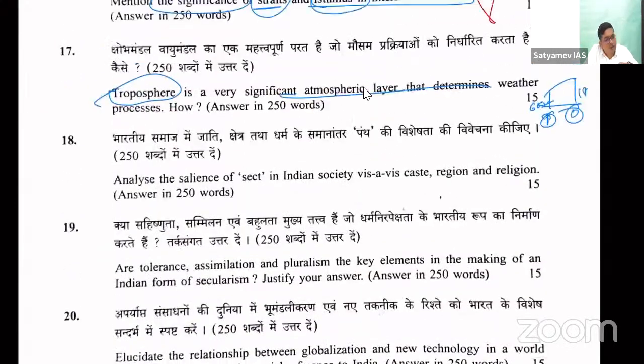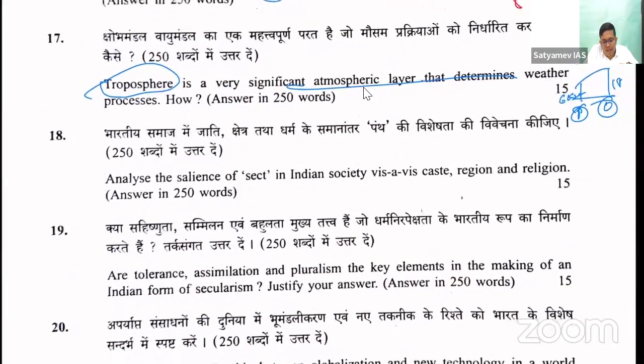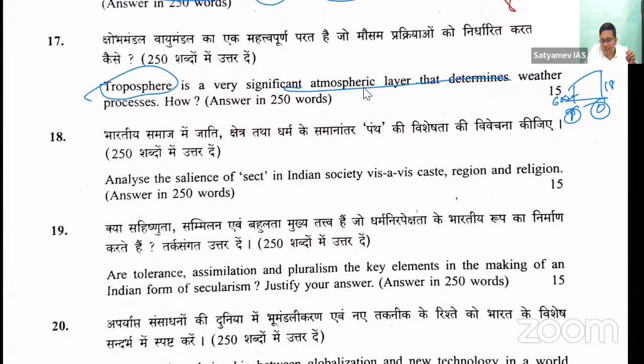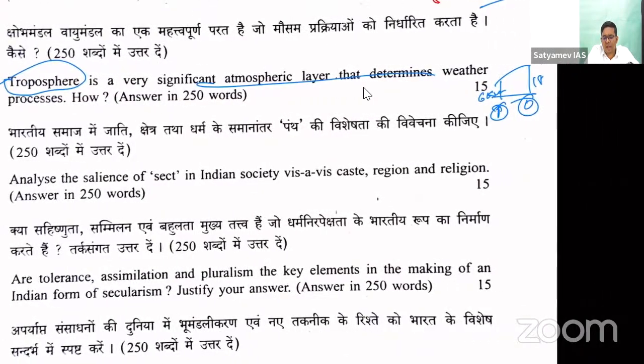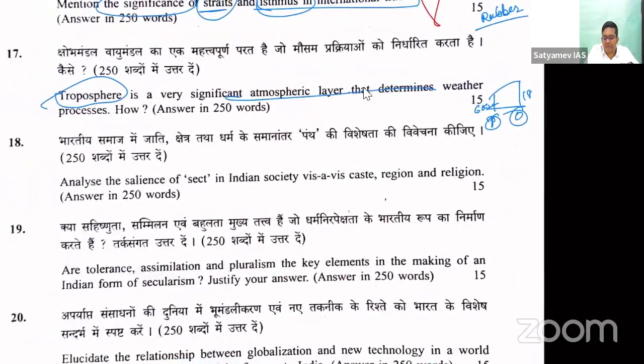Now understand, when you have understood the meaning of sect, analyze the salience of sect in Indian society vis-a-vis caste, region, and religion. Yes, you can say a group of people with the same belief system, similar value system. So that is what a sect is. देखो हिंदी पढ़ो इसका। भारतीय समाज में जाति, क्षेत्र एवं धर्म के समानांतर पंथ की विशेषता की विवेचना कीजिए।